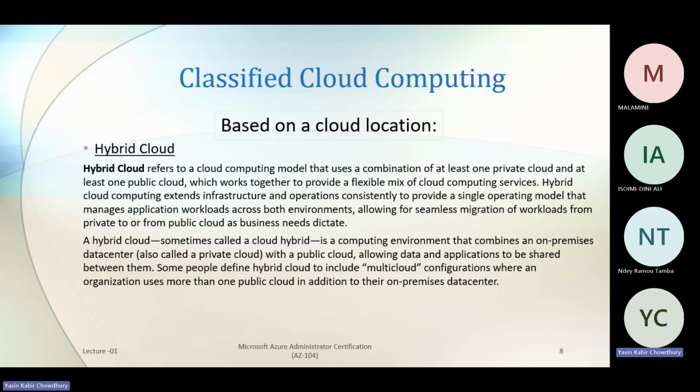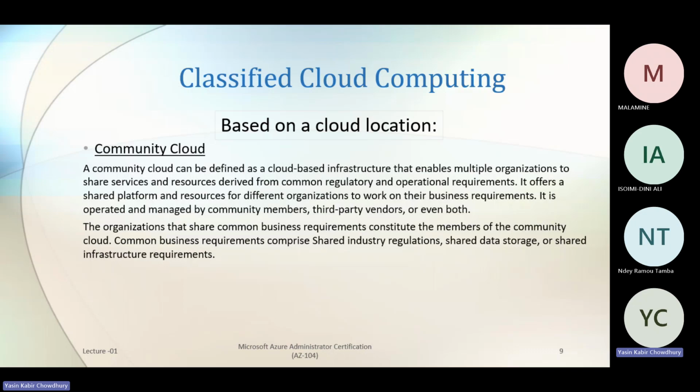Hybrid cloud is sometimes called cloud hybrid. It is a computing environment that combines an on-premise data center with the public cloud. Just remember it is a combination of these two, private and public. After that is the community cloud. It is for those companies or people who have less